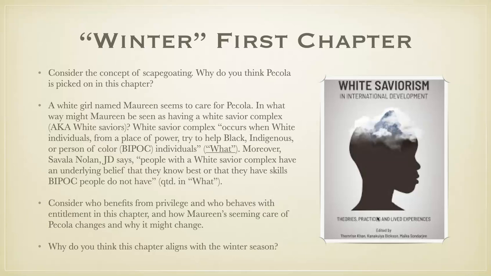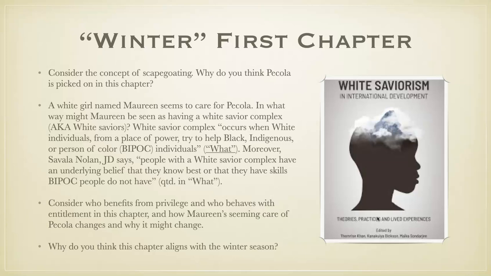Does Pecola become a scapegoat for everyone in this novel in some way, shape, or form? And is she the being, or does she become the receptacle, the place where they unload all their pain, all their suffering, all their insecurity? And why might she be the one